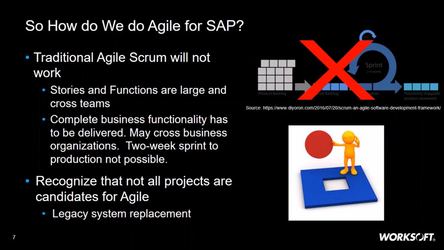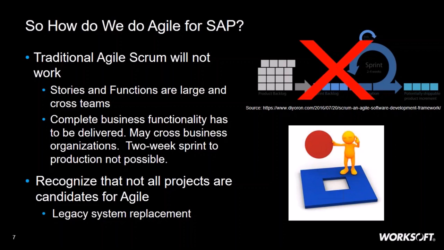Another point is that we have to recognize that not all projects are candidates for Agile. And when we look at that point Gartner made about organizations attempting both methods, if you apply the wrong methodology, you can really create a mess. So there are some cases where you really don't use Agile. For example, if you have an international standard for an interface that you have to comply with, it's not exactly something that you're going to iterate around, right? That requirement is very fixed. That's much more of a candidate for a direct, straight through, one pass kind of waterfall.